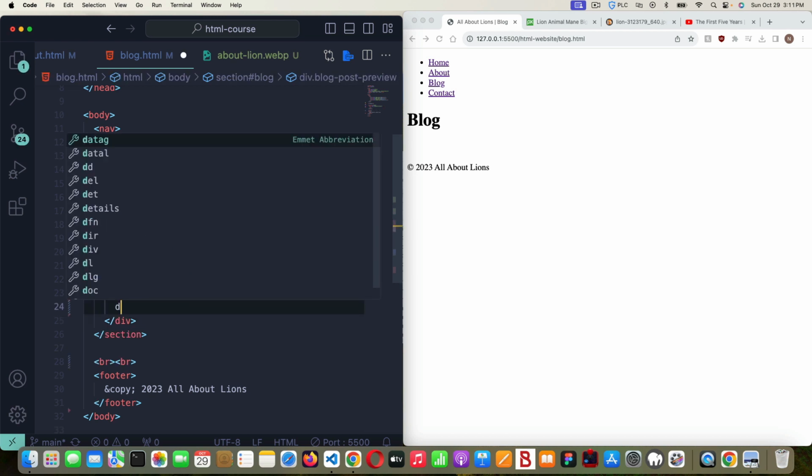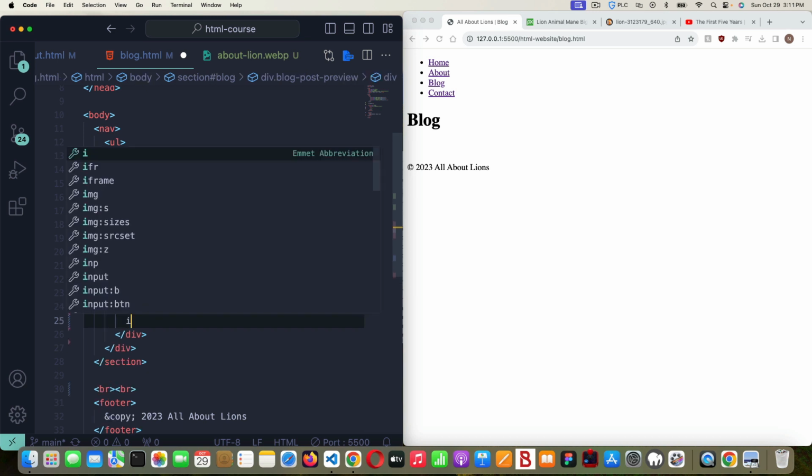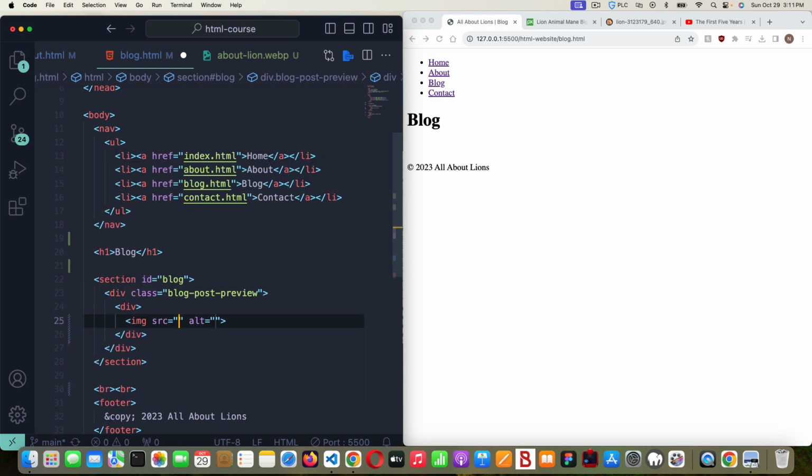And then we'll do another div inside of that div, and we'll put our image. We're just going to put an image in a div. That's why there's another div there. And then